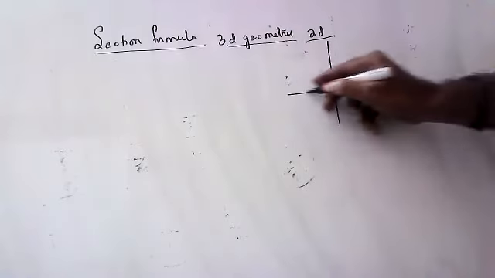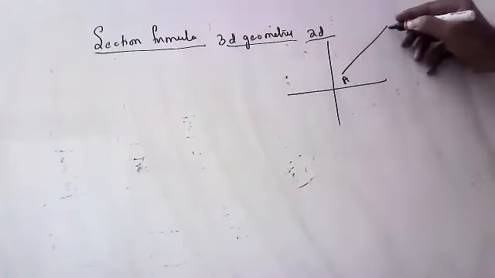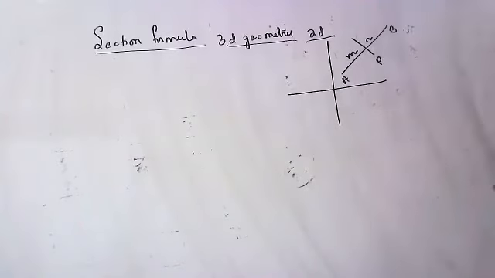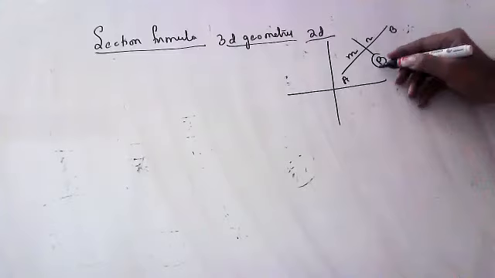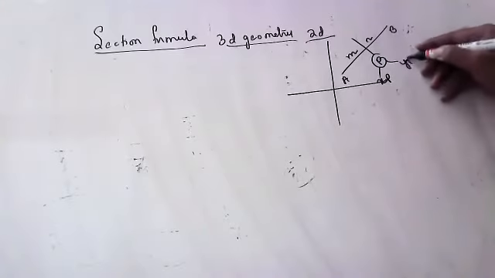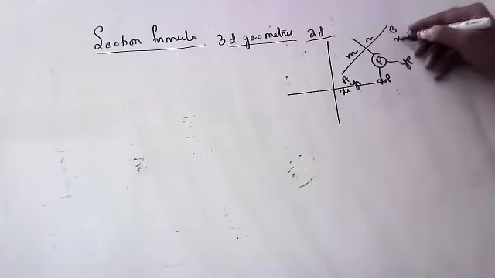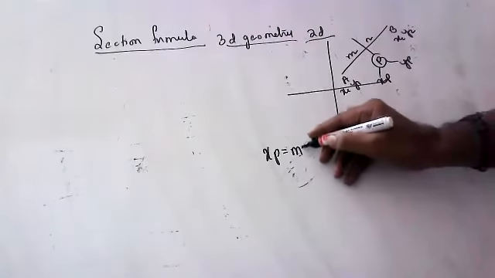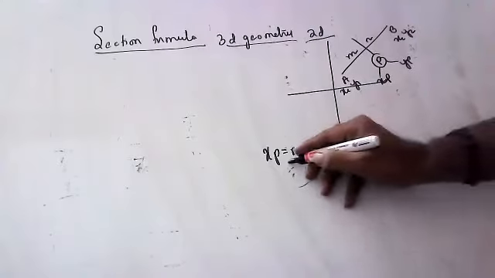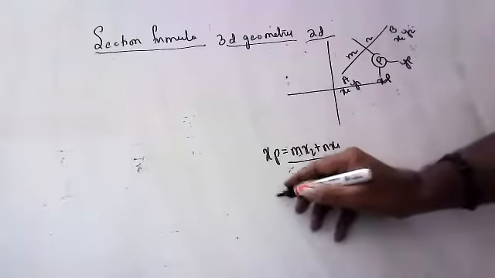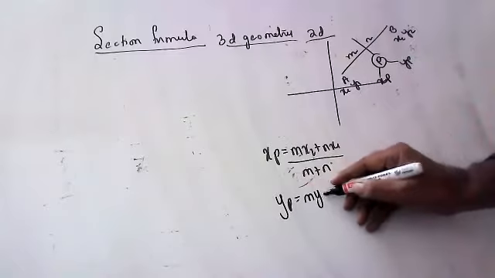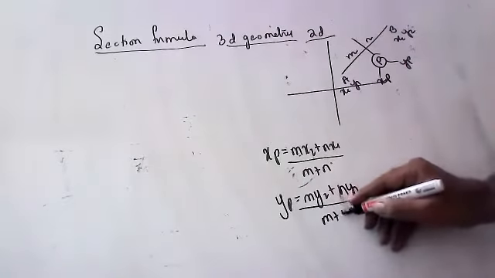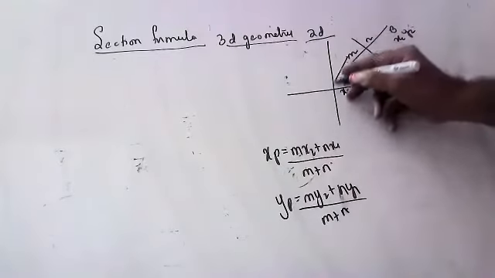Okay, section formula. A line AB is divided by a point P in the ratio m:n. We discussed this. To find the coordinates of P, the X and Y coordinates, when x1, y1, x2, y2 are given, do you remember, children? For xp, we use the formula (mx2 + nx1) by (m + n). Very good. And for the y coordinate, we use the formula (my2 + ny1) by (m + n).